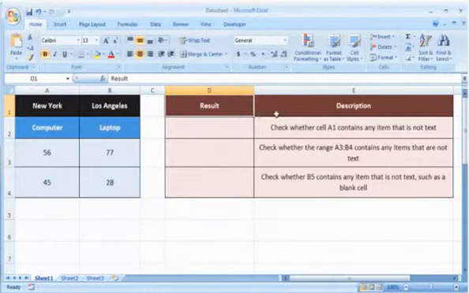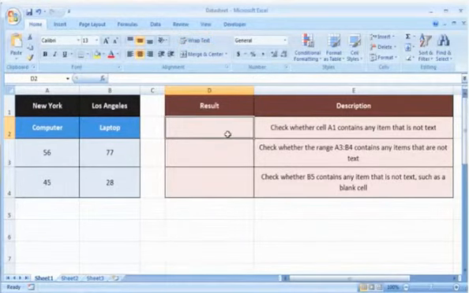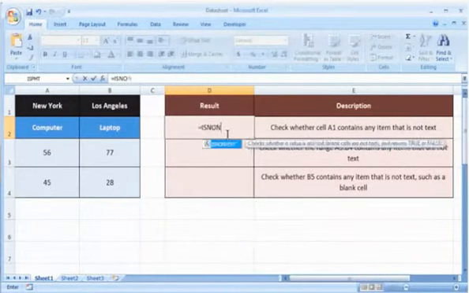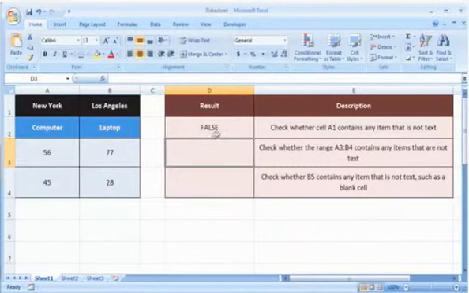We are also showing you the description of each function we are going to use here. In the first example, we will check whether cell A1 contains any item that is not text or not. To do so, select the cell where you want to get the function's result. Type equals ISNONTEXT, open parentheses, select the reference cell, close parentheses, and then press the Enter key. If it returns the logical value as false, it means the value doesn't refer to any item that is not